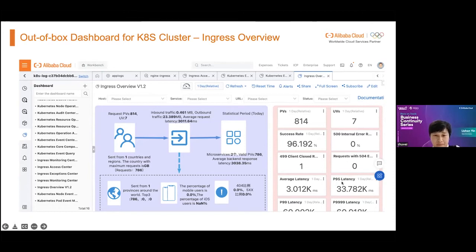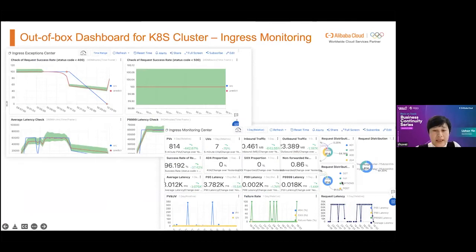That's okay. Okay, and this is ingress monitoring to see the ingress exceptions, and also